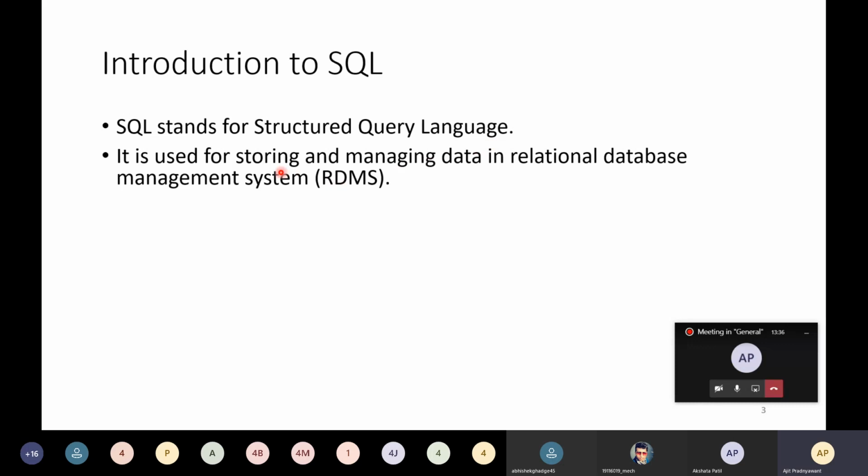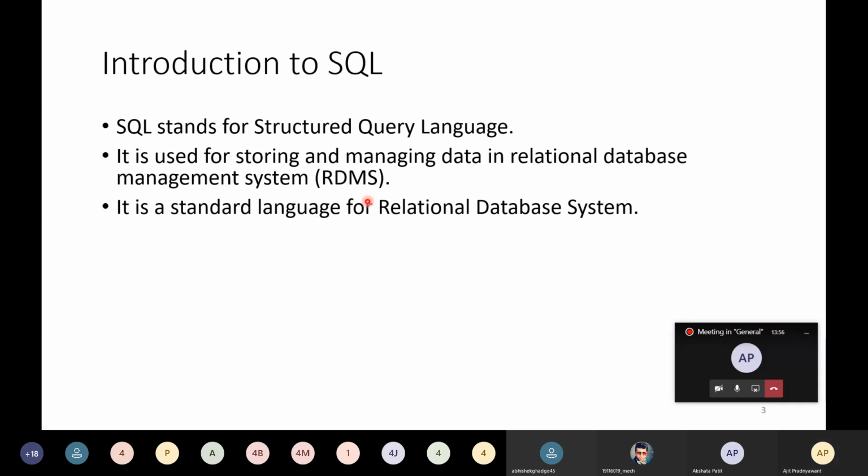It is used for storing and managing data in relational database management system, that is RDBMS. It is a standard language for relational database system. As the name suggests, it's a language.